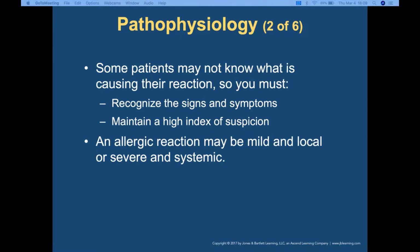Some patients may not know what is causing an allergic reaction. Those are the ones you get when they don't know what's going on. They freak the hell out. They're the ones that are having